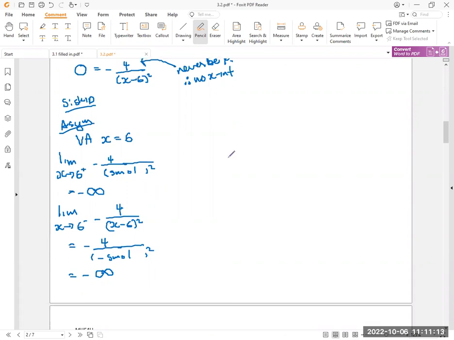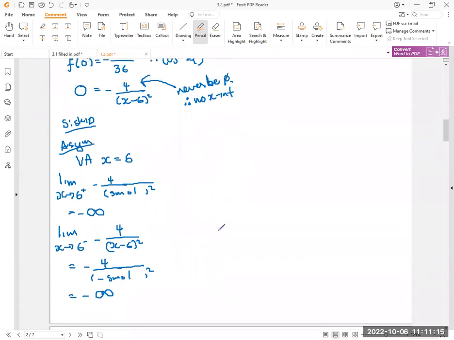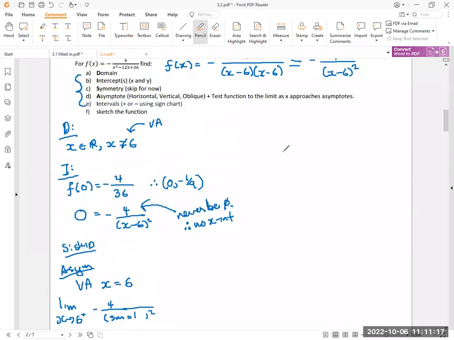Let's continue. Horizontal asymptote. I ran out of space here, so I am going to continue writing up here. Horizontal asymptote. I do not know what it is, but I am going to test x goes to positive infinity and x goes to negative infinity. Let's test both. So the limit as x goes to positive infinity is